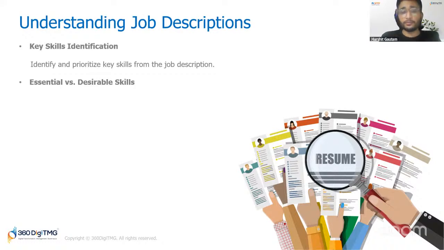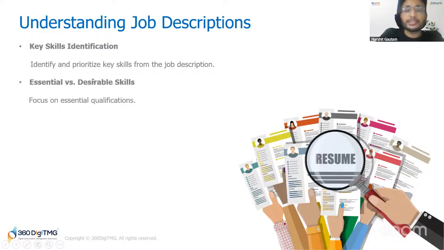So whenever there is a company, for example, and they are releasing one vacancy, they also release one document called job description, in which they will mention what skills they are looking for, what roles and responsibilities they are looking for, what you will be doing once you get selected for that job, all those things. So before applying for a job, you should read out the JD, and what you have to notice is that